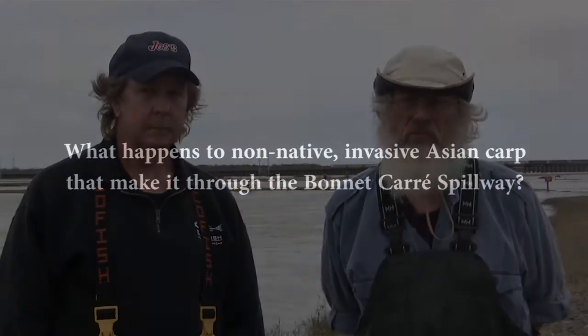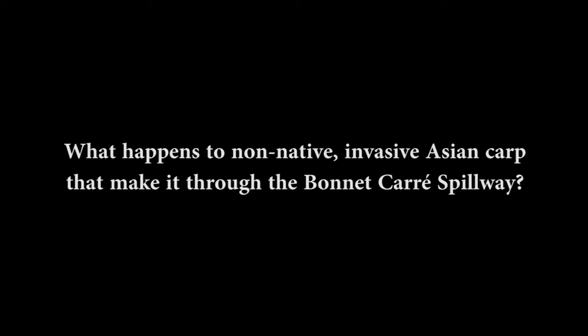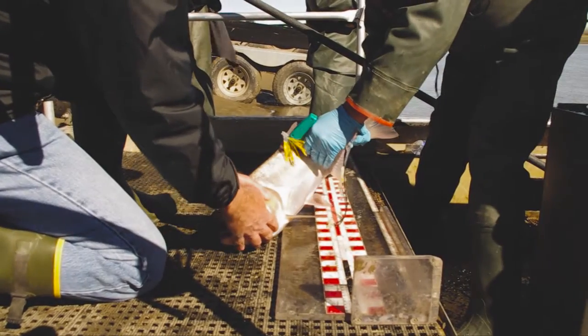pallid sturgeon are smaller, they come through the structure much more easily, they're not as beat up. And if this paddlefish can survive and make a normal run upriver, then we're confident that the pallid sturgeon can too. We're also tagging Asian carp and putting them actually back into the spillway, and we will follow that up